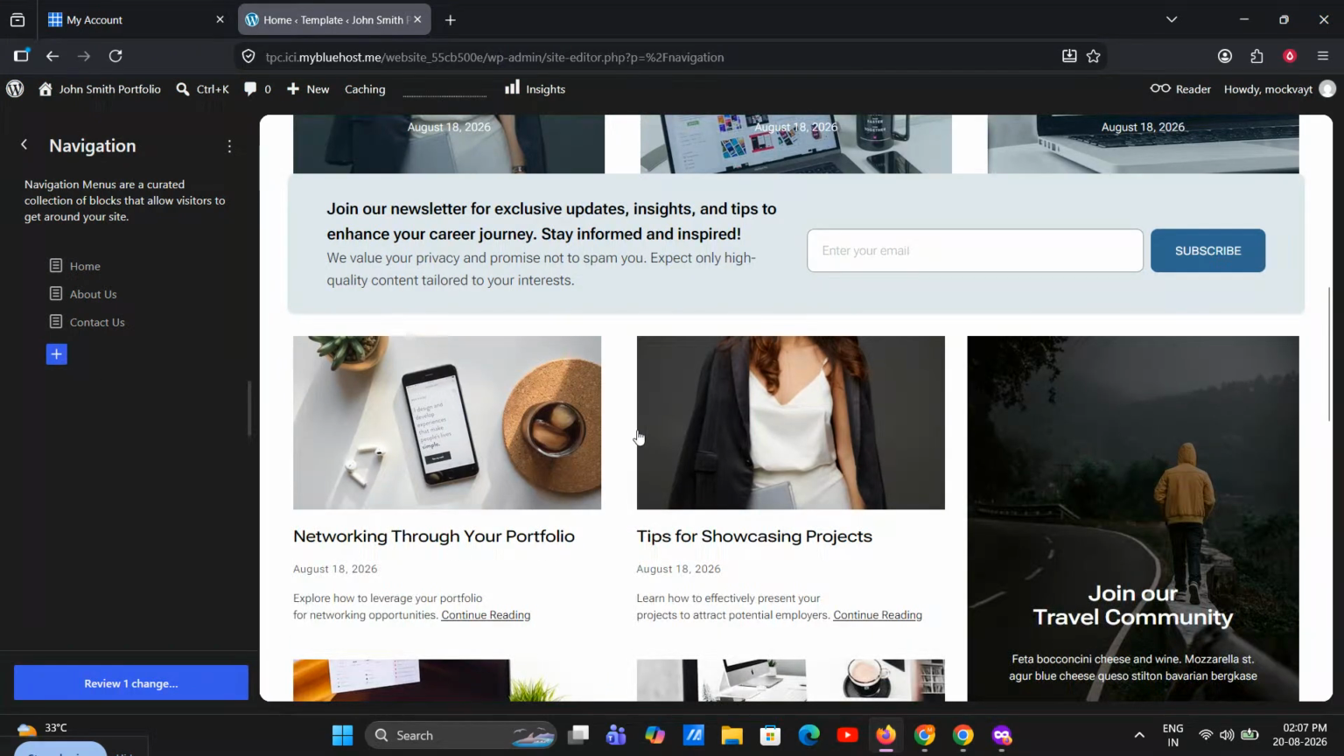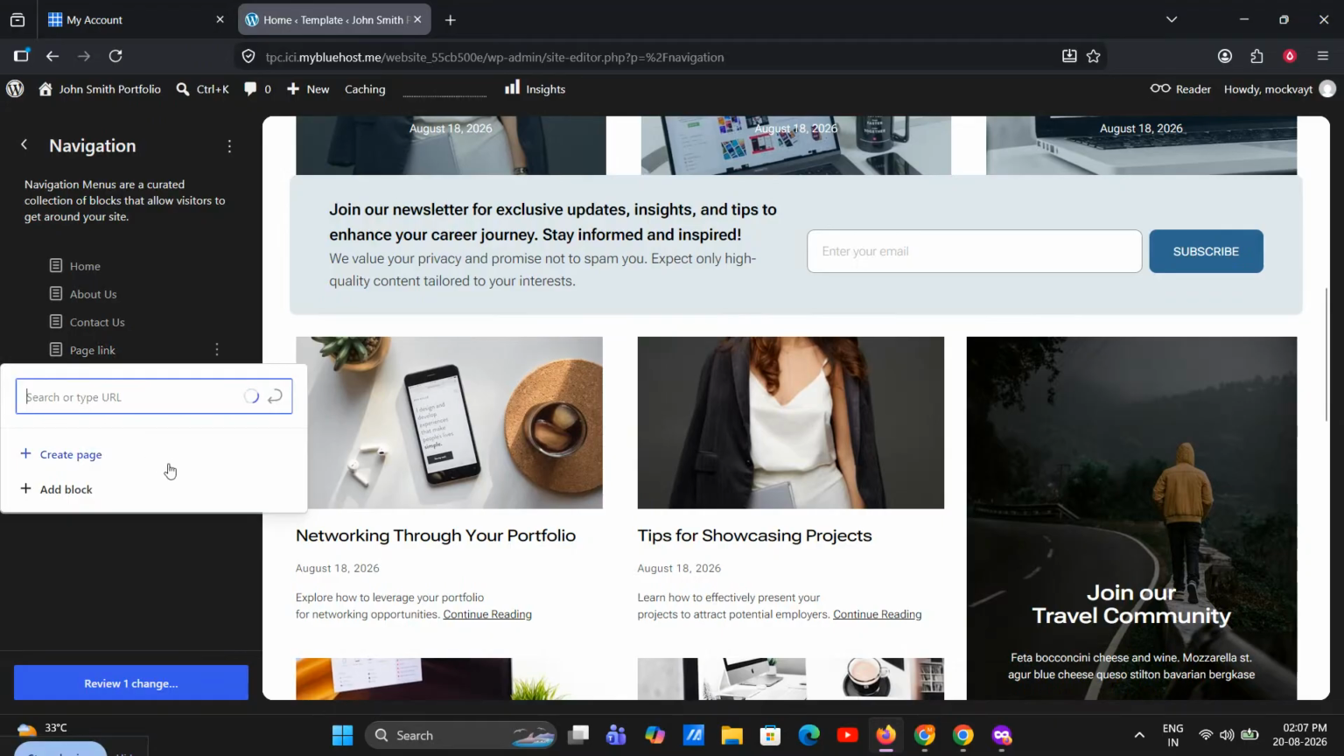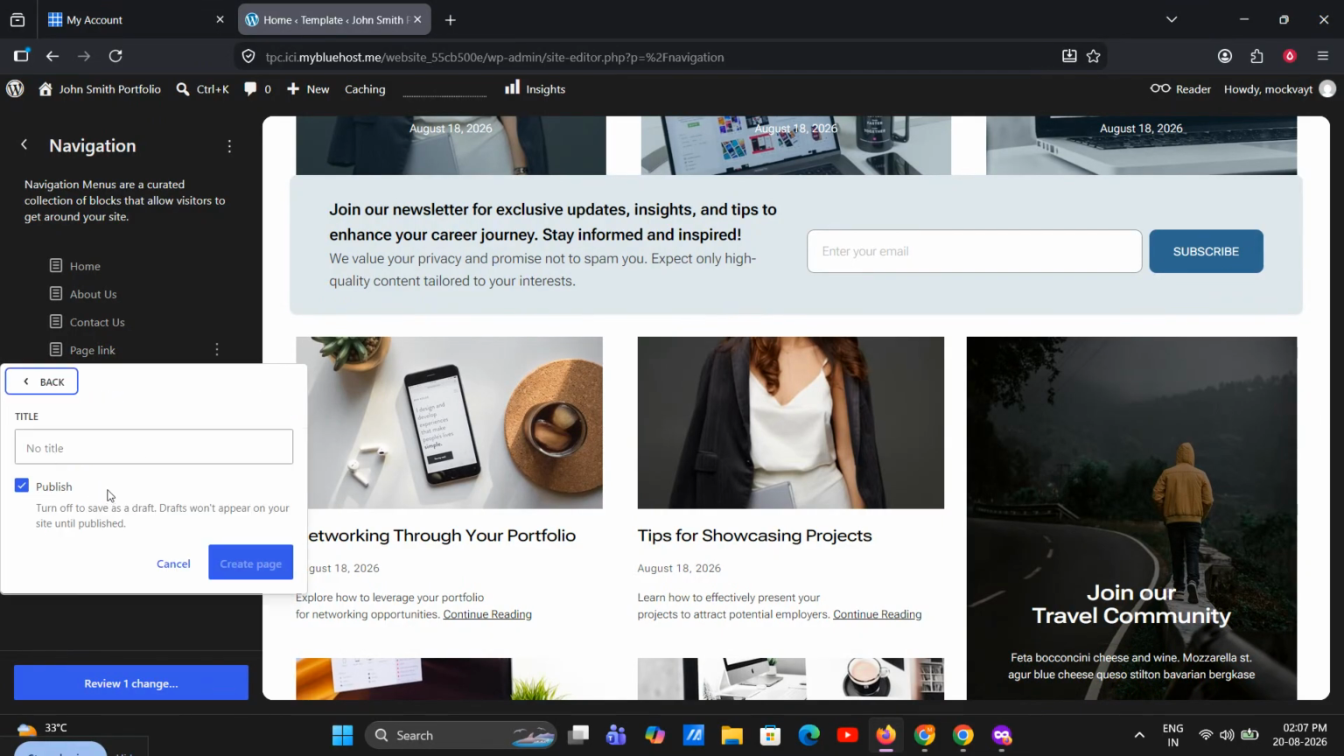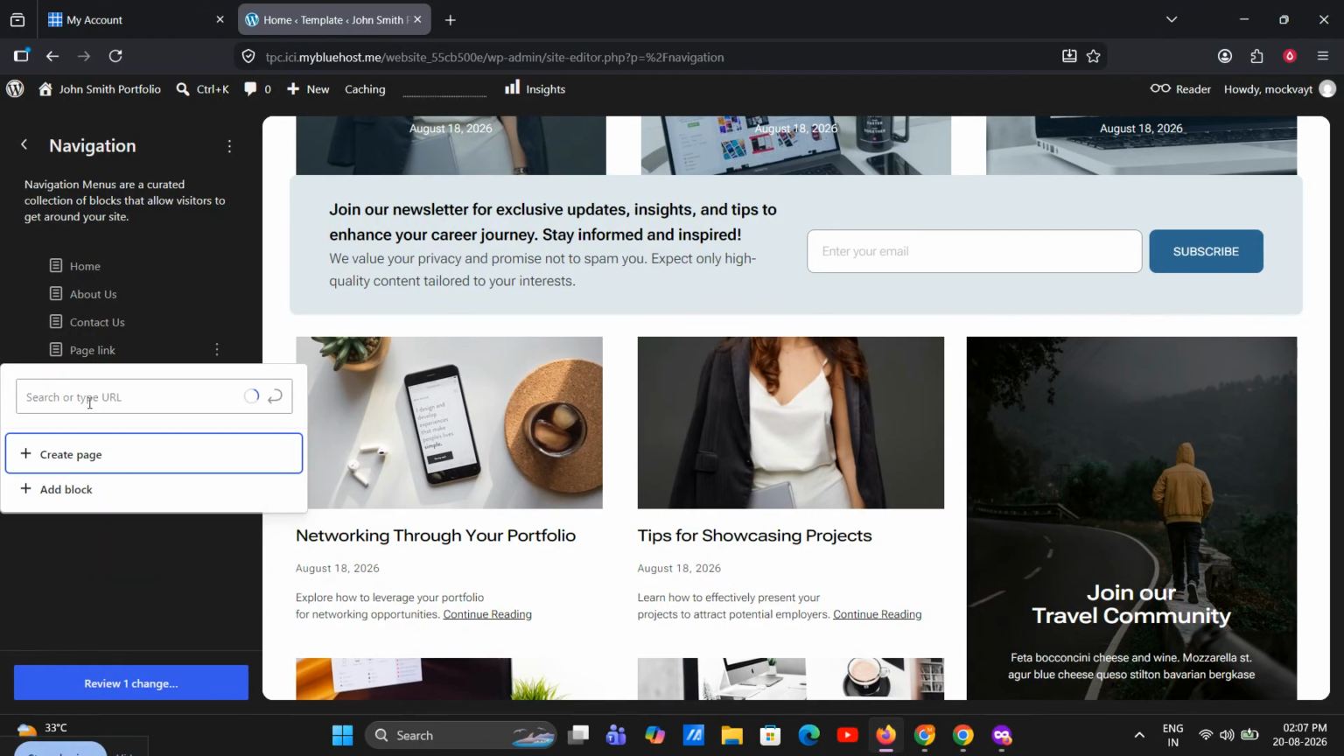If you choose Page, WordPress will show a list of pages on your site. From there, select the page you want to add, such as Home, About, Contact, Services, Blog, or any other important page on your website. This is a great way to build a simple, useful navigation menu that helps visitors move